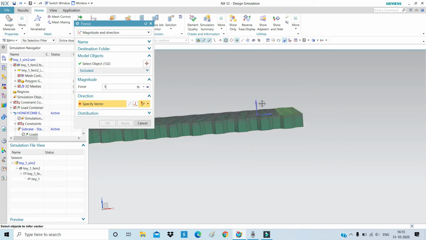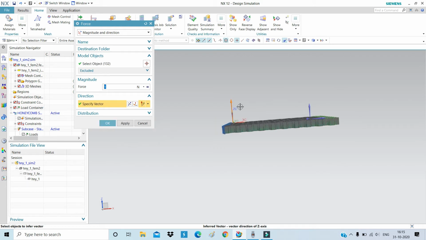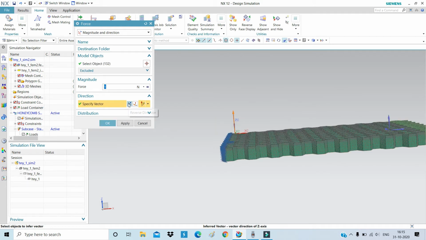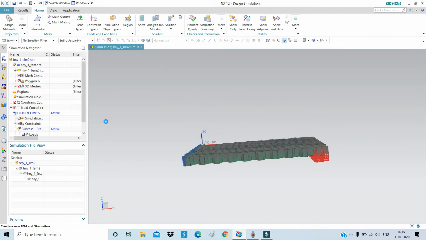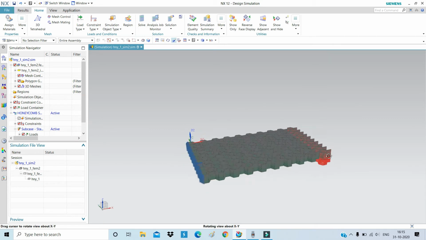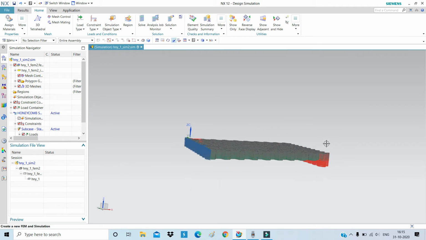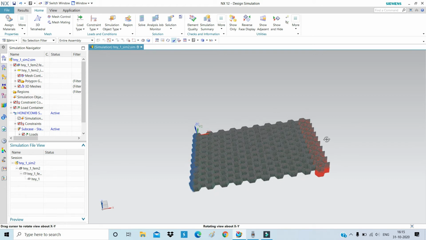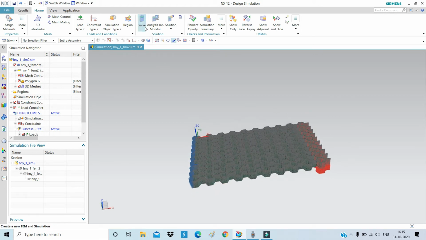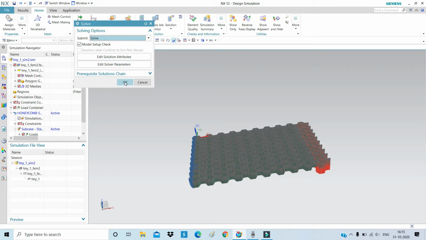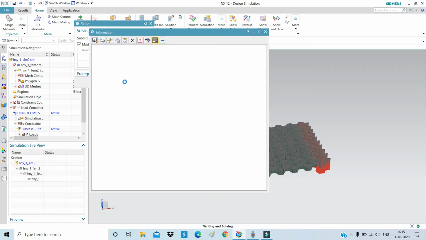Select the direction. You can see the direction is upward, so we reverse the direction to downward. Okay, now you can see our setup is fully completed for analysis of the honeycomb structure. Next step is to solve this problem. Go to Solve, then okay, and let's wait for the solution.